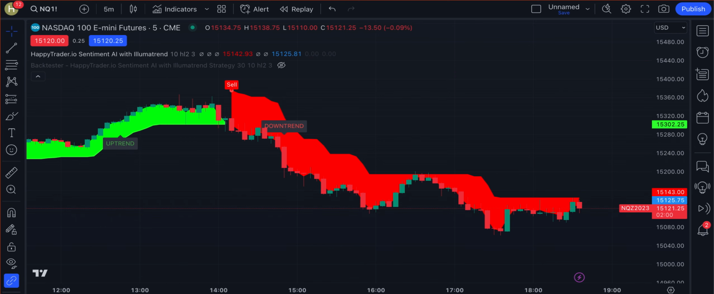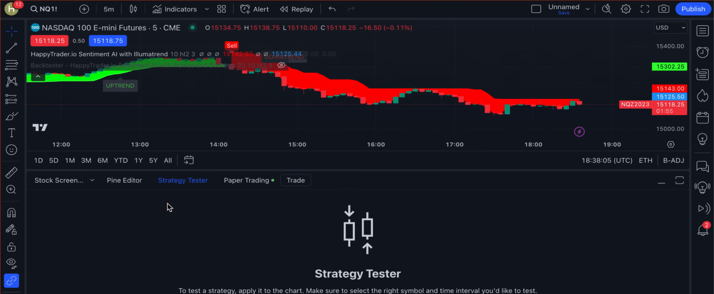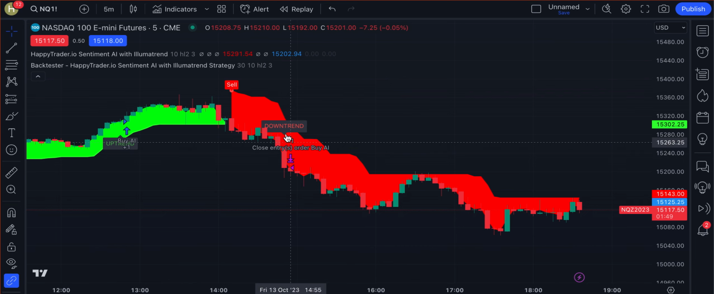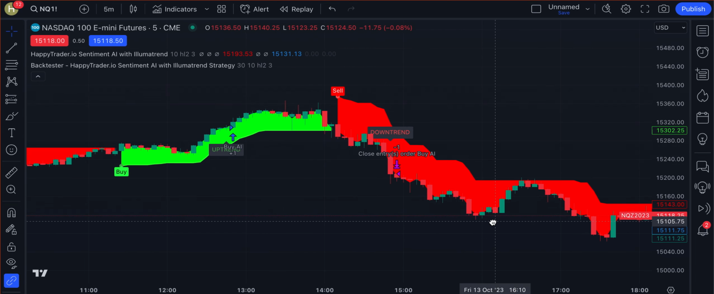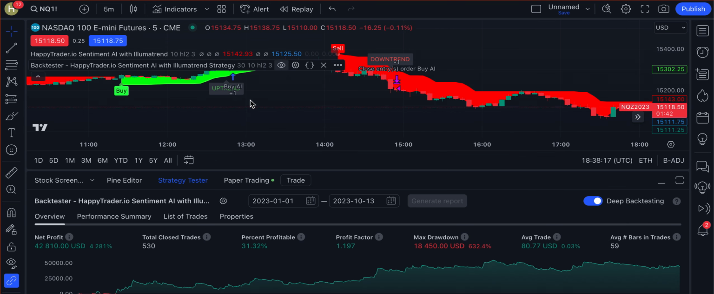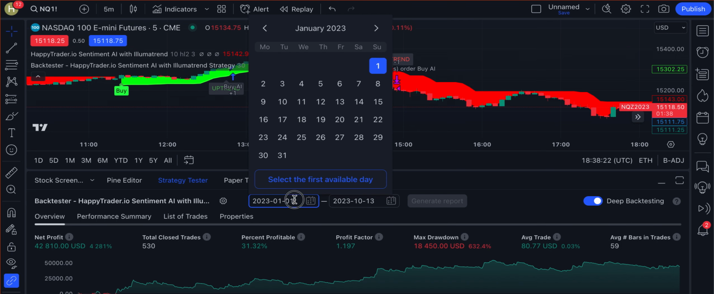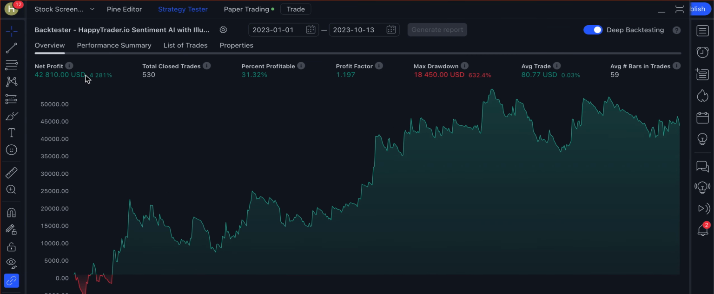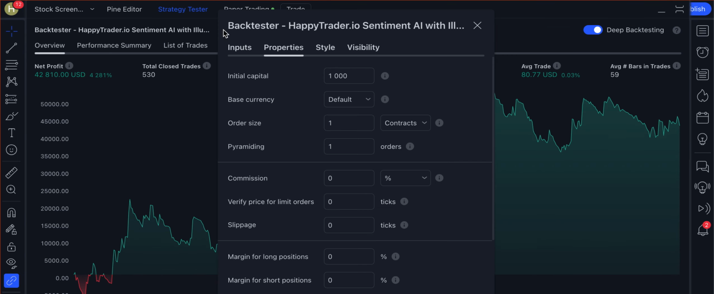So if you take one contract of the NASDAQ E-mini futures, we're going to go ahead and get our strategy tester loaded up. We have our strategy here, and you can see that this correlates with our downtrend and uptrend signals. You can see our arrows here for the strategy. I'll just hide it again, show it again, and then we're going to pull up our deep back tester. We're running the entire year. So let's pull this up and show you the back test results,